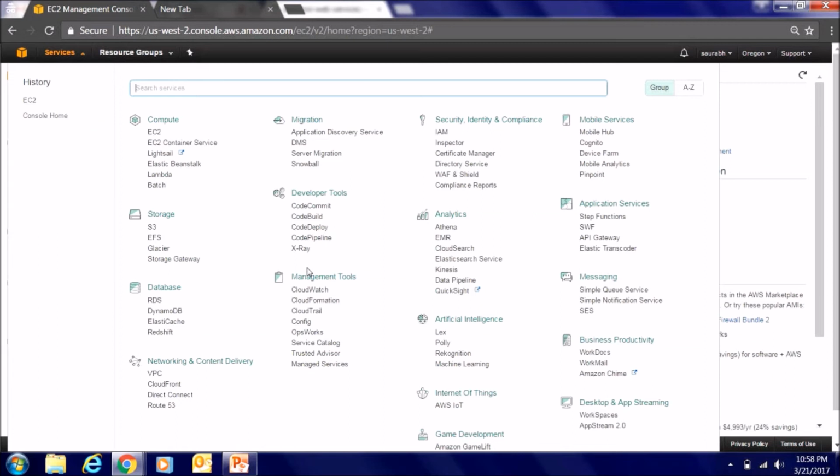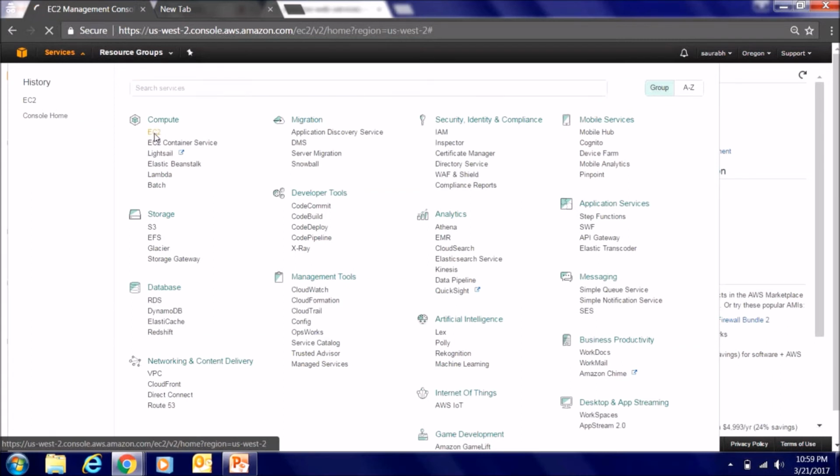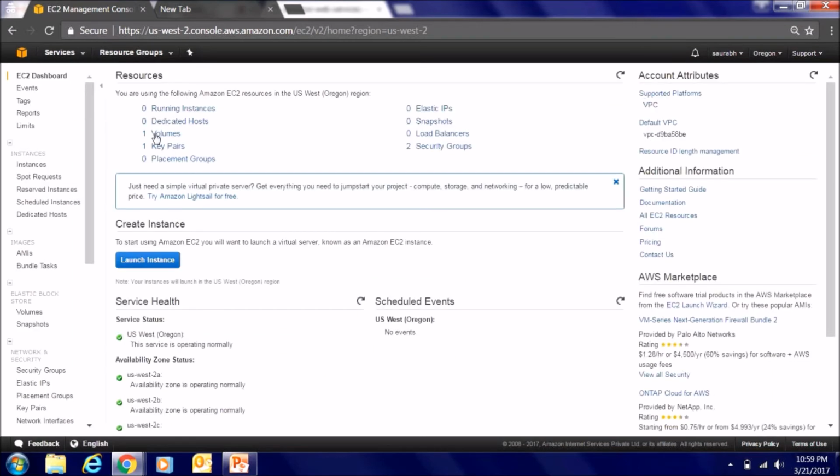The basic and most important of the compute services is EC2, which is called Elastic Compute Cloud. In short form they call it EC2. I'll click on that and open it. It will open an EC2 dashboard. This dashboard will give you an overview of what is running.